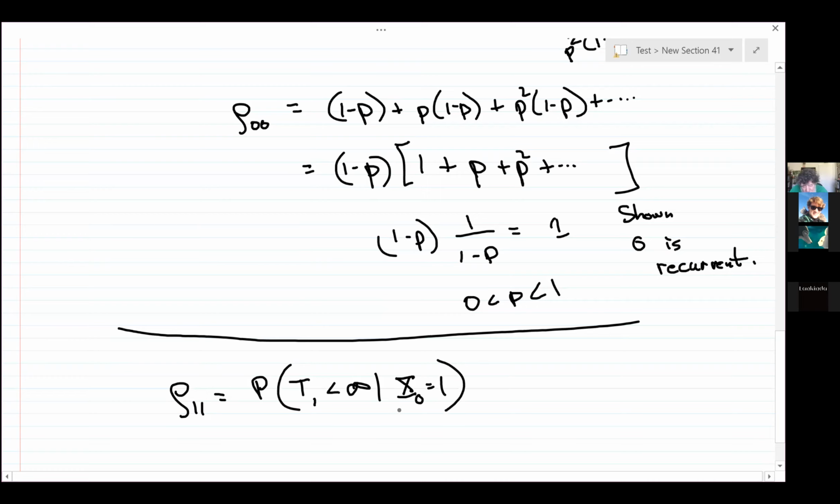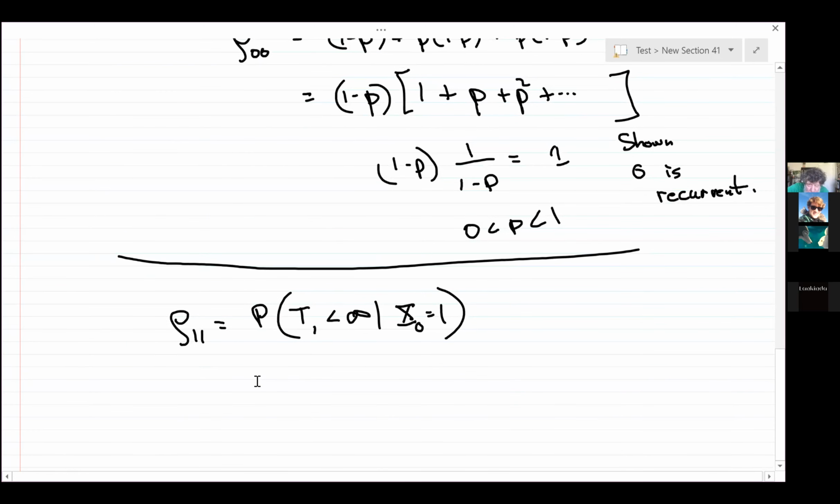Yeah, so given that you started at 1, what's the probability that you get back in a finite amount of time? And we're trying to show, well, this is the definition of rho 1,1. And we're trying to show that this equals 1. And we're trying not to use the theorem. The theorem is the easiest way to do it. Okay, but if you did it just the way we did